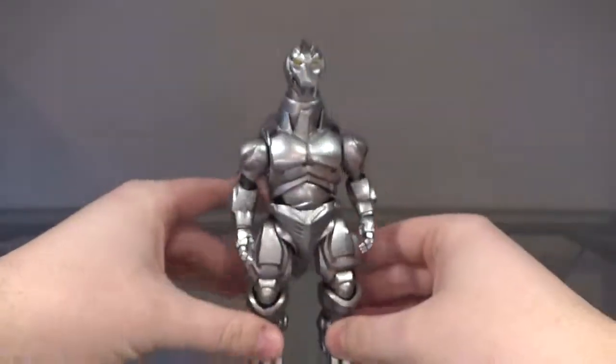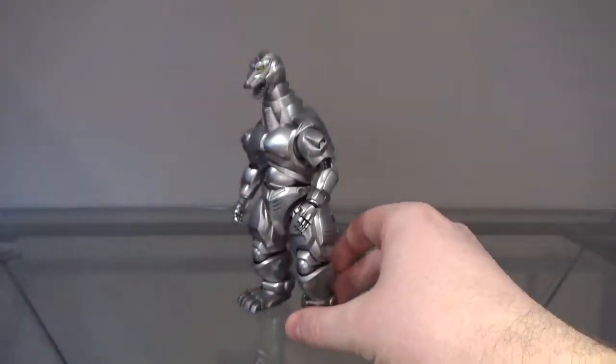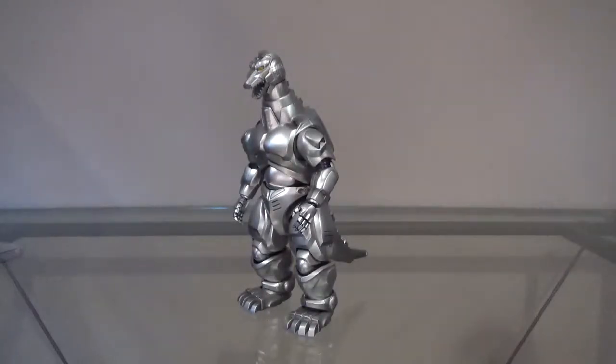And yeah, that's pretty much it. The paint on this figure is really good. This is the highest quality figure in terms of paint I've ever received. So, the paint definitely gets a pass. Now we'll take a look at the articulation, and the articulation is a little underwhelming, but it's not terrible. It's still great, but yeah. Anyway,